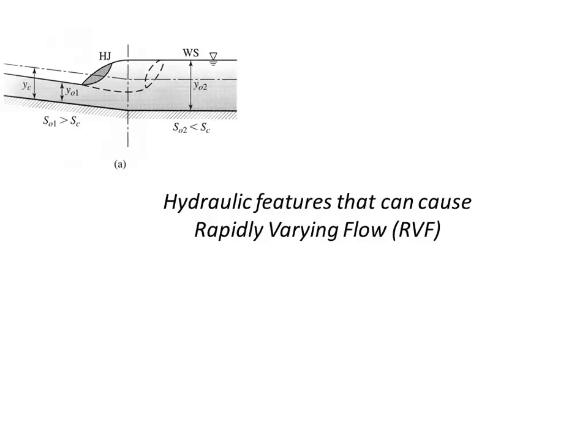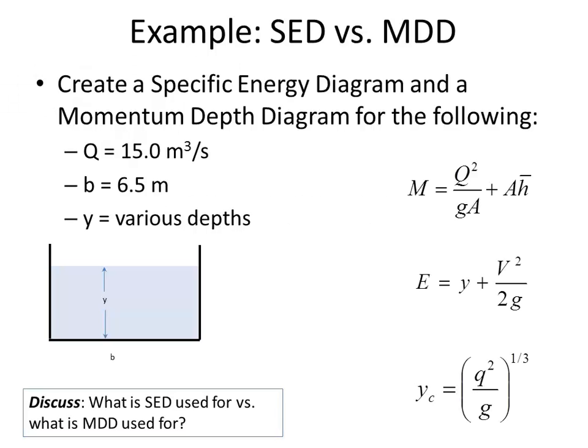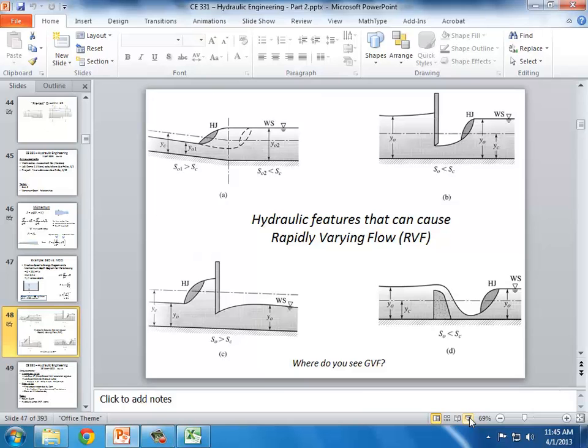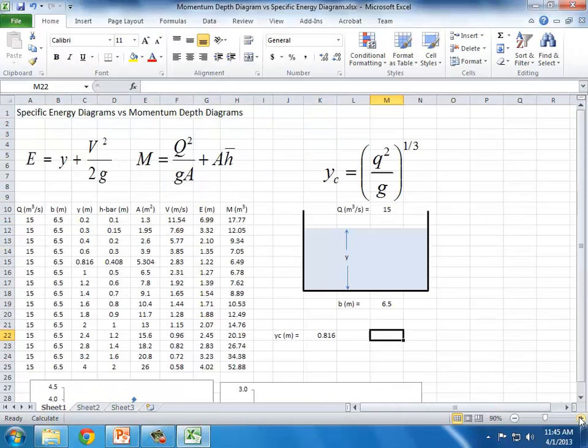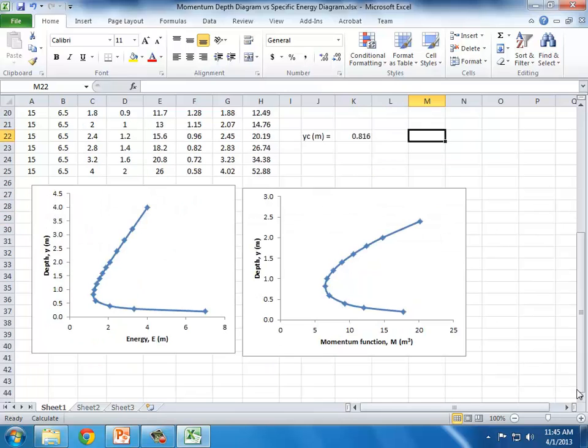And so if we want to try and find out what will be Y2, we can't use the specific energy diagram, but we can use the momentum depth diagram to find the new depth. We had some depth at 1 with the momentum depth diagram, just to give you an example of where we're headed a little bit later when we calculate hydraulic jumps in more detail. If we knew some supercritical depth, this is the supercritical root associated with a lesser depth, and we go through a hydraulic jump, we find the sequent to that. The sequent is the alternate or the conjugate depth that goes along with the same momentum function.